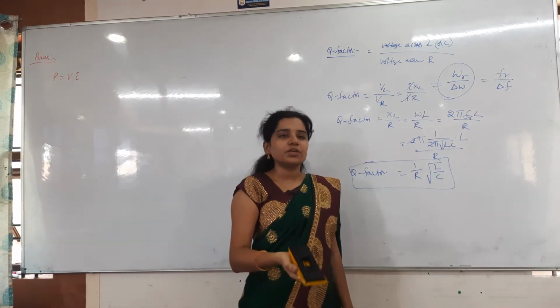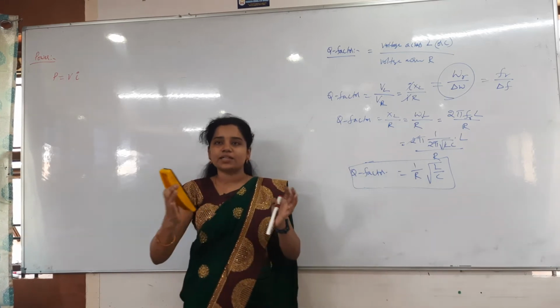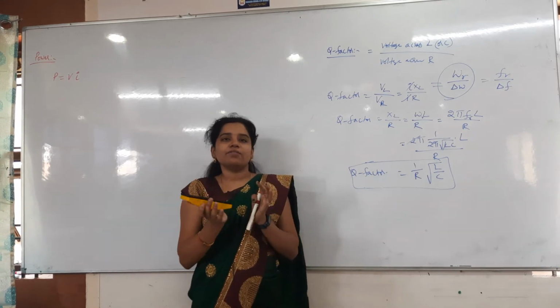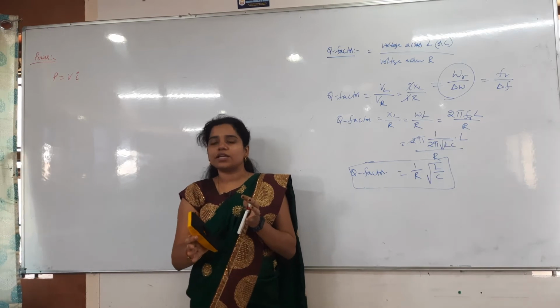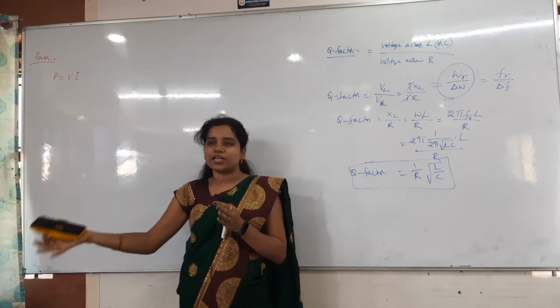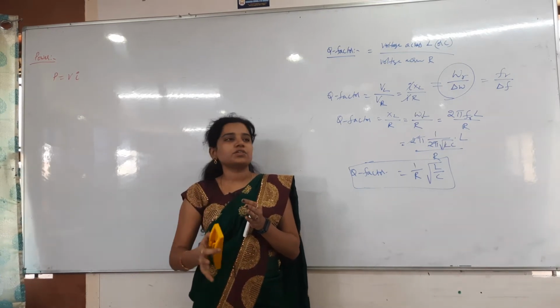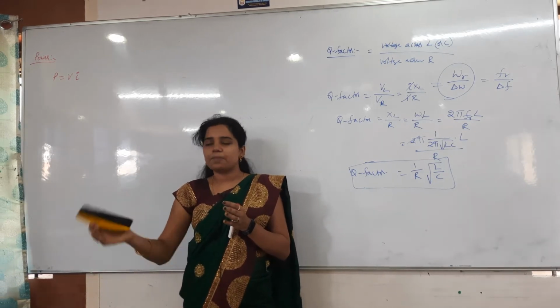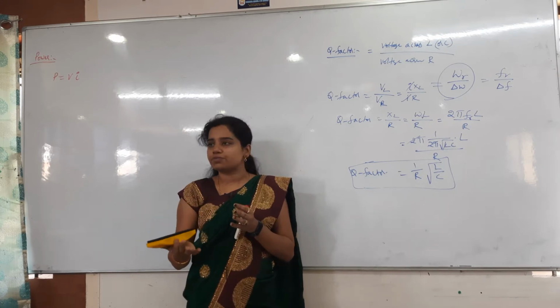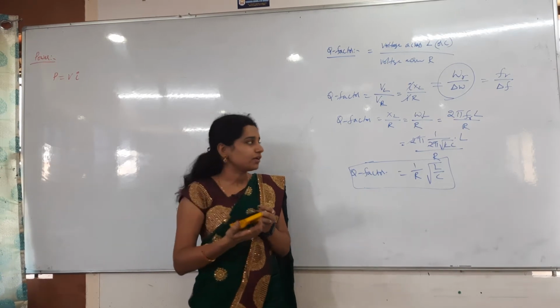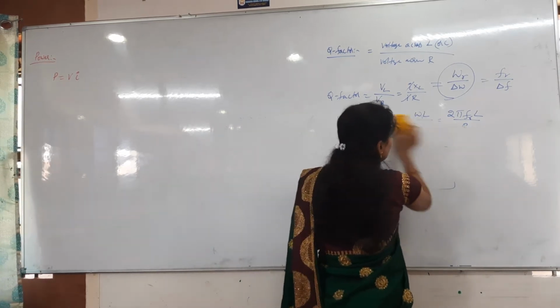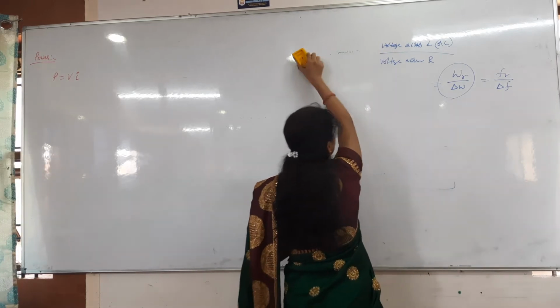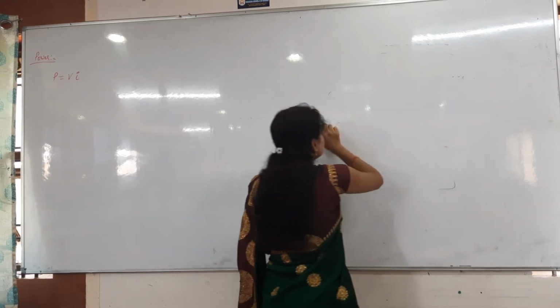So first of all, for doing the problem you have to take the instantaneous values of voltage. Generally, they will represent the current as I equals I naught sin omega t, and V equals V naught sin omega t. If a phase difference is there, they will take omega t plus phi for anything. So that is the way of doing the problems here; they will give those values directly.